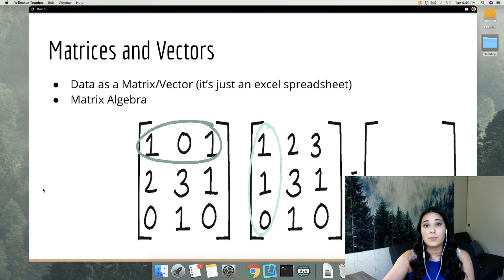Next, I want to talk about matrices and vectors. And again, don't worry, not going to make you do a ton of matrix algebra by hand. Again, that's what computers are for. But I want you to be able to think of data in terms of matrices and vectors, because a lot of the things that we're working with are going to refer to them as such,